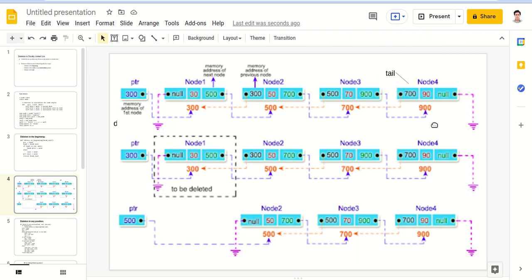Tail is pointing to the last node. So ptr is pointing to the head, ptr is the head node and tail is the last node.